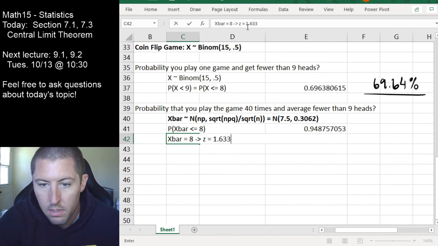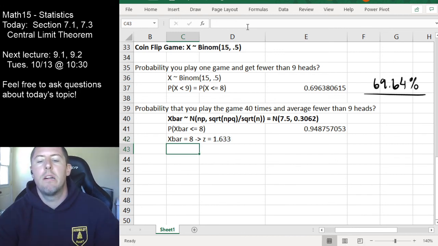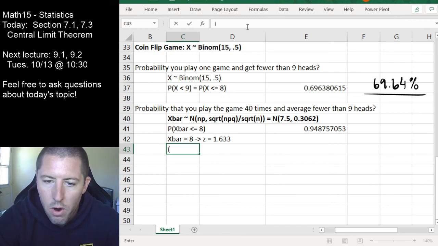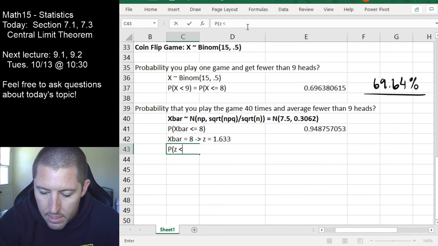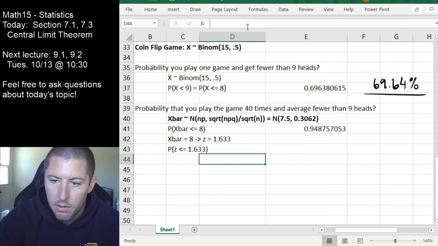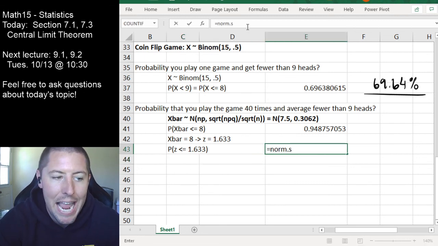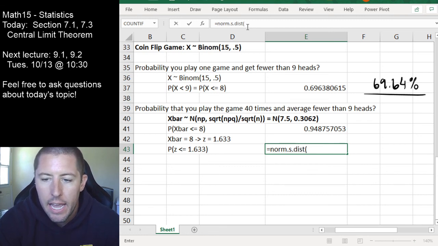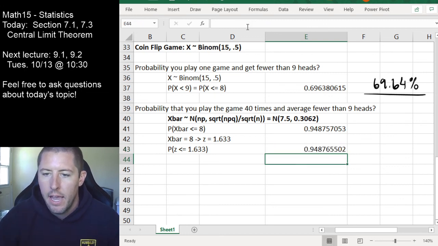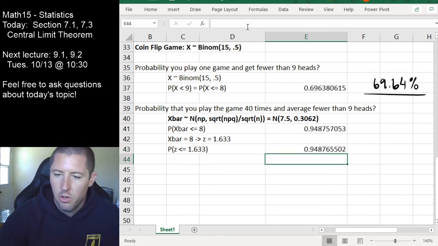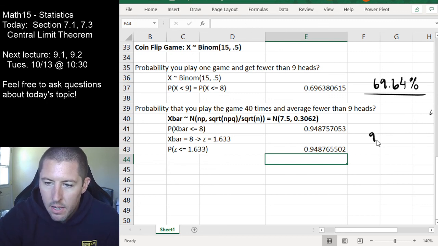1.633. It was 1.633 standard deviations above normal. And so therefore we could also do this as the probability that z is less than or equal to 1.633. And over here I can do this as norm.s.dist, because it's standard normal. It's z stuff, so it gets the s, norm.s.dist, and it only wants z from me, 1.633. True? Yep. And notice we're getting that same response right here, so it looks like our final answer here is this